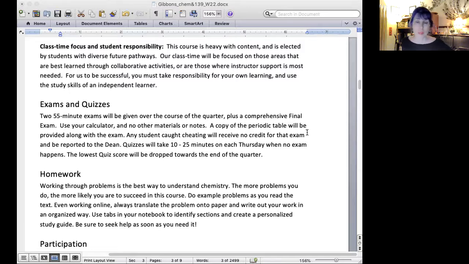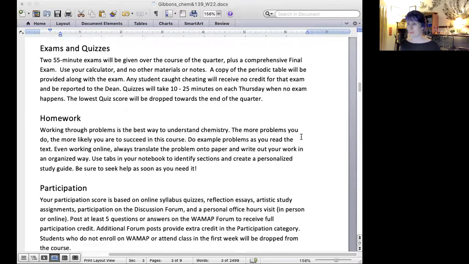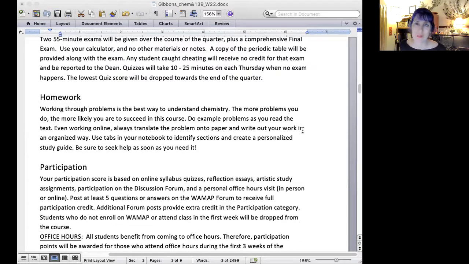Working problems is the best way to get good at chemistry. And you can do the example problems in the book, and that's why having that bound notebook is really helpful, because you might do extra problems, or you might want to come back and look at your homework on the OWL Learning Center system. All right. And get help. Get help. Don't struggle alone. Don't get frustrated alone. Reach out to tutoring or on our discussion forum and get help as soon as you need it.